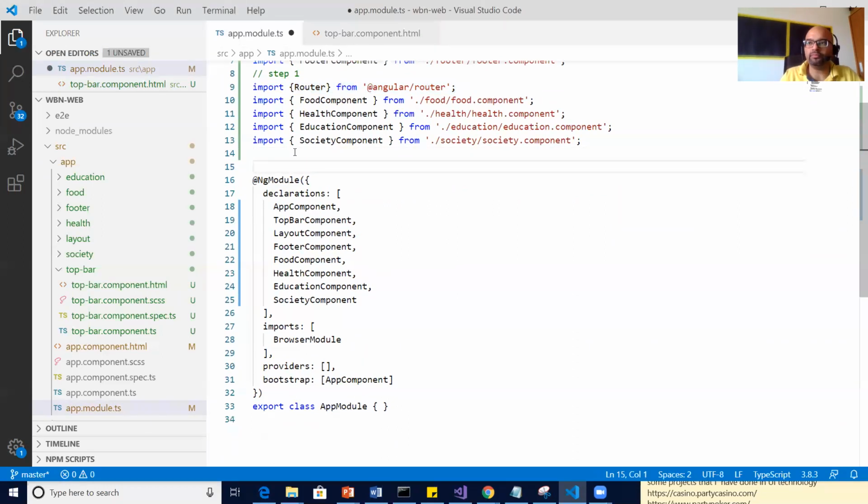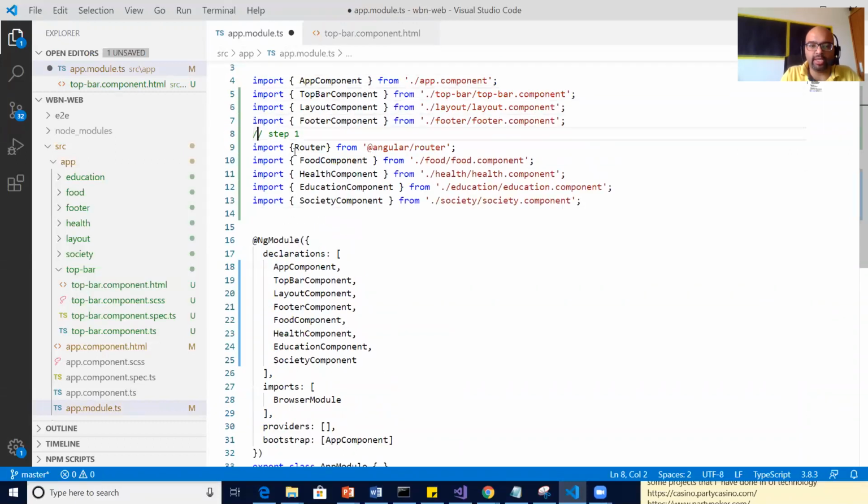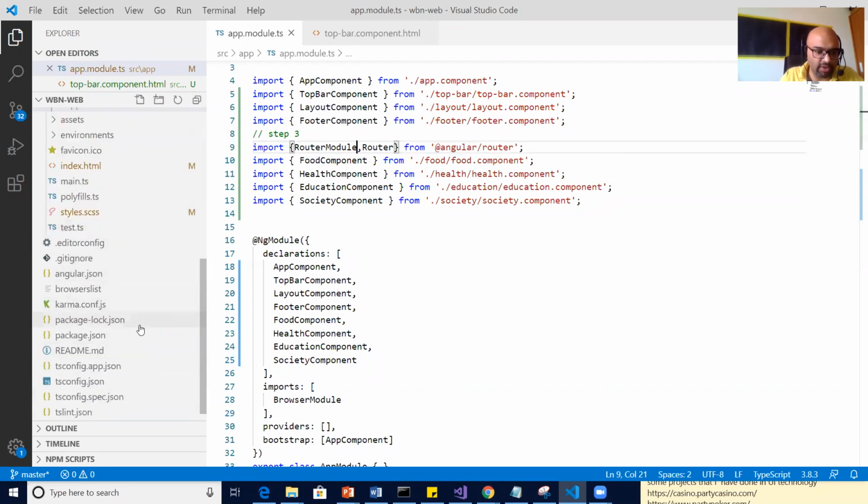So what is the next step I'm going to do? Step 3 would be from your Angular router, you will have router module. Why is it not coming automatically? It should come automatically. Let me check my package.json file.